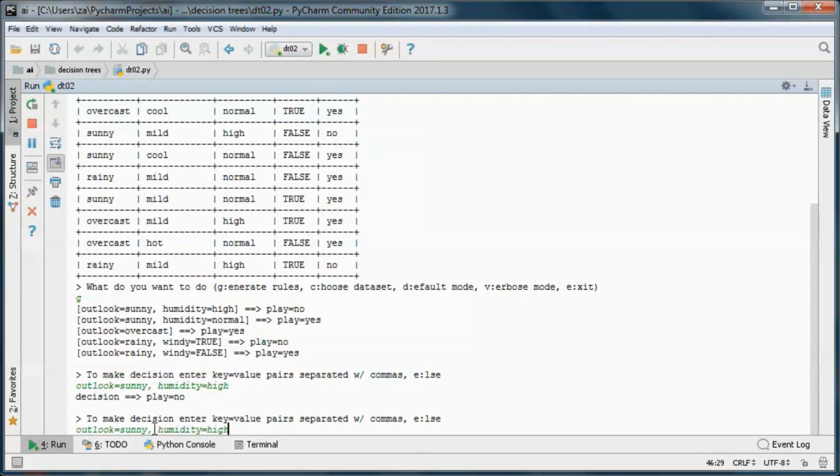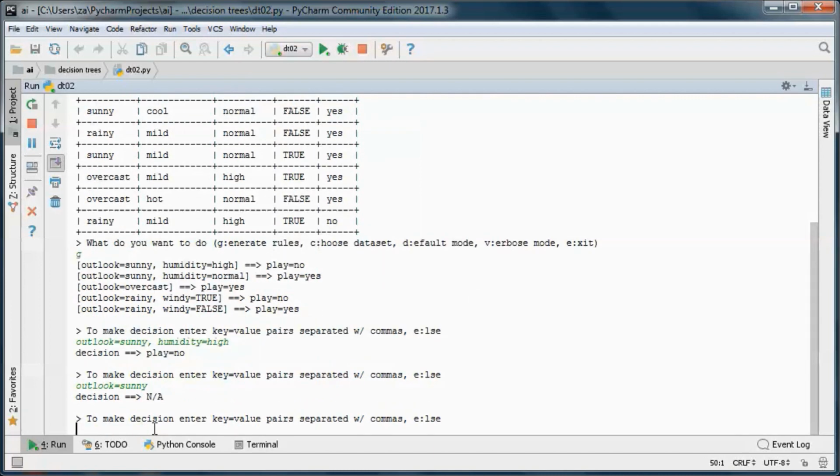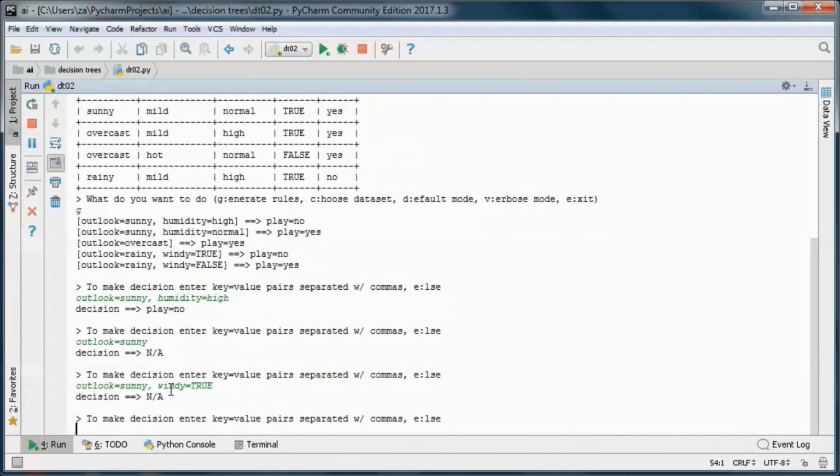Let's try if we only have the value for the outlook attribute, and we cannot make a decision in that case. How about if we have outlook is sunny and windy is true? And we also cannot make a decision in that case.